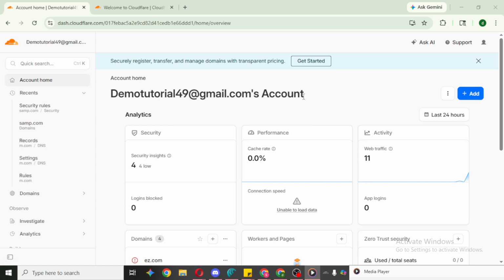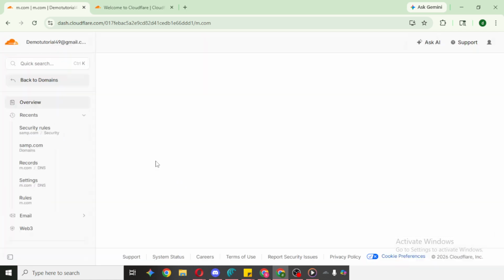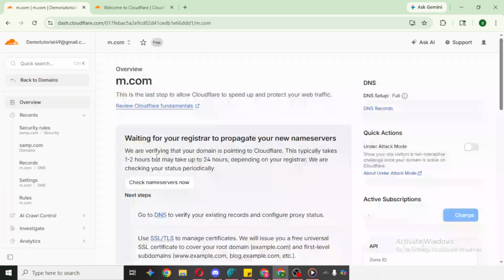First, open your Cloudflare account by heading to the Cloudflare dashboard and signing in. Once you're in, you'll see a list of the websites you manage. Click on the specific domain you want to work with. It's important to choose the correct site here, because the action you're about to take will impact caching for that domain only.